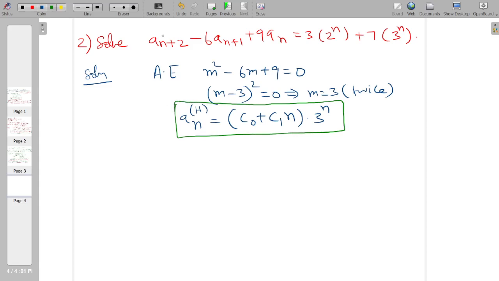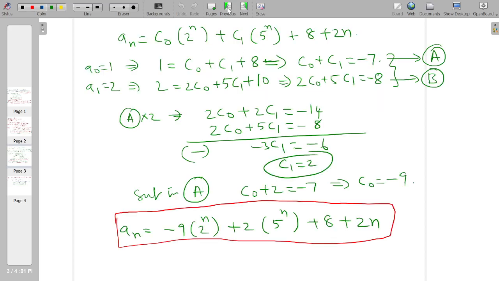Now if you look at this equation, I have an plus 2, and then I have an plus 1 and an. You can represent the recurrence relation as n and the terms preceding it as n minus 1, n minus 2 and so on. Or you can also rewrite this in terms of an plus 1 and an plus 2. Okay, you can see the difference here.